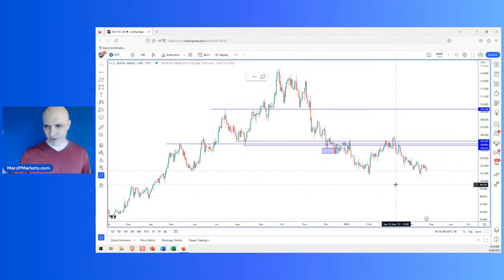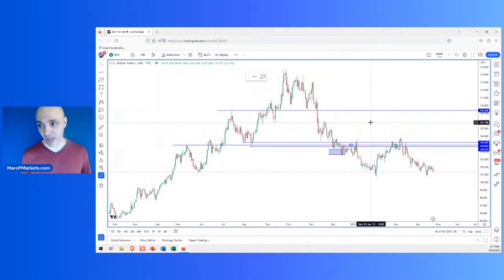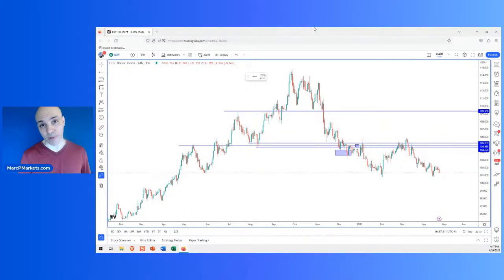And something about, they're not going to be able to pay back their debt. And I don't know, I don't pay too much attention to the nonsense that I see on YouTube. But the point is this: if the dollar breaks that support, that's going to be bad for the dollar. Okay, bearish for the dollar. But I would not get very optimistic about that until it proves itself, because it's in a location where there's a higher probability that it reverses.